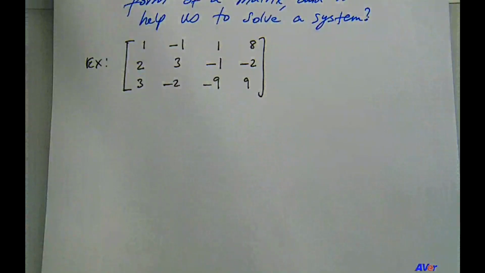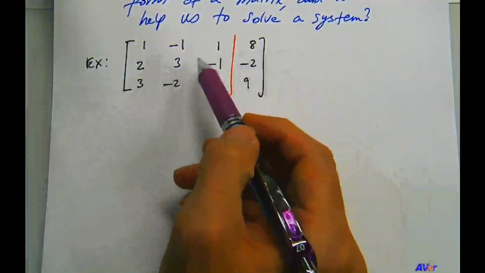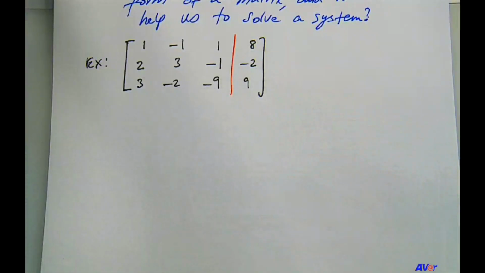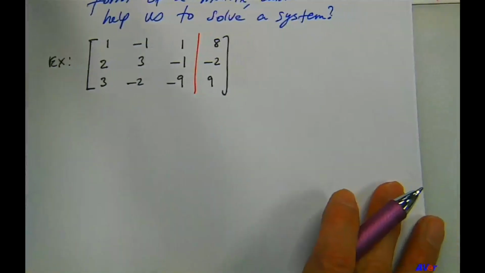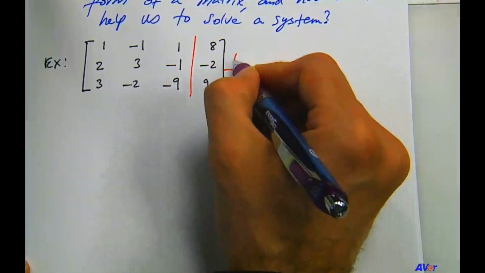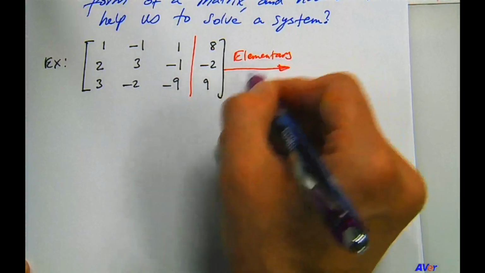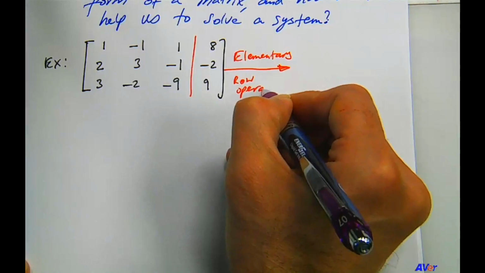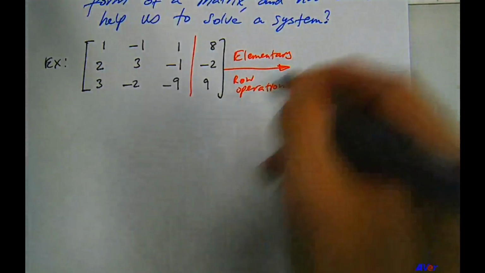And if you prefer, we can put the vertical line here to divide the coefficients of the variables from the constant values, which are in the far right column, always. Okay, so after row operations, and we will talk about that next, we're going to find